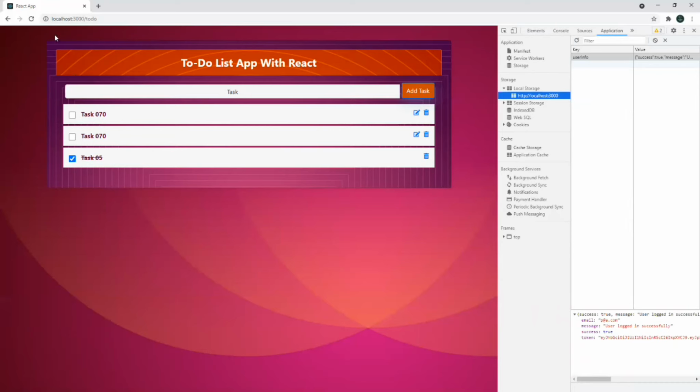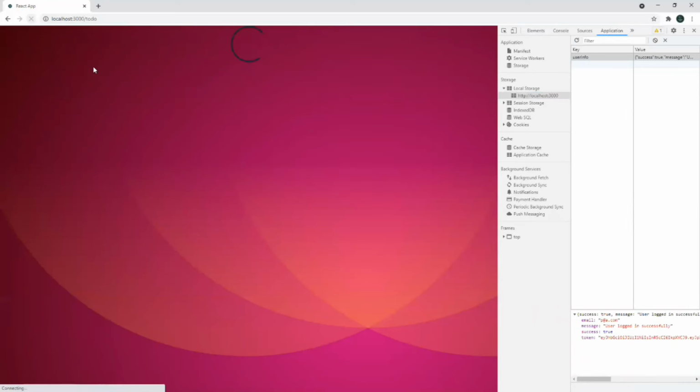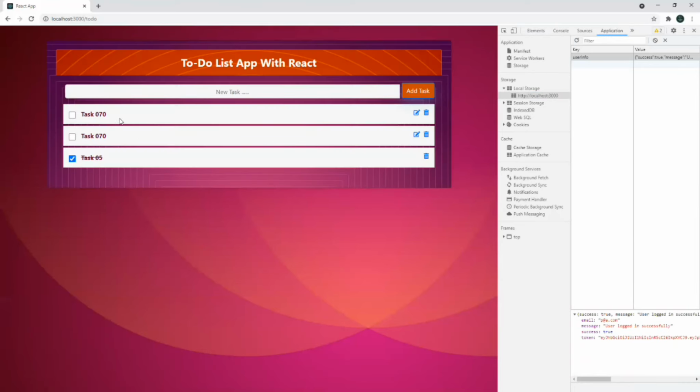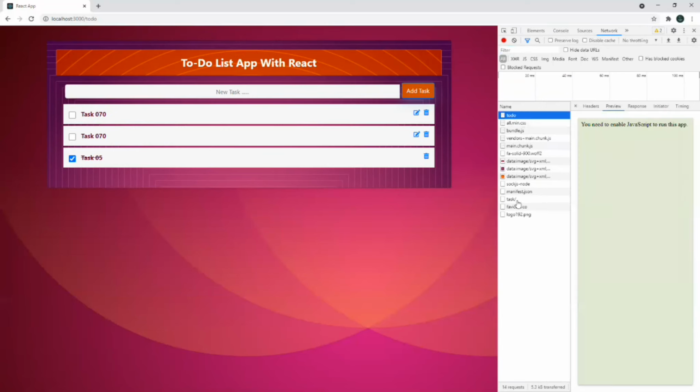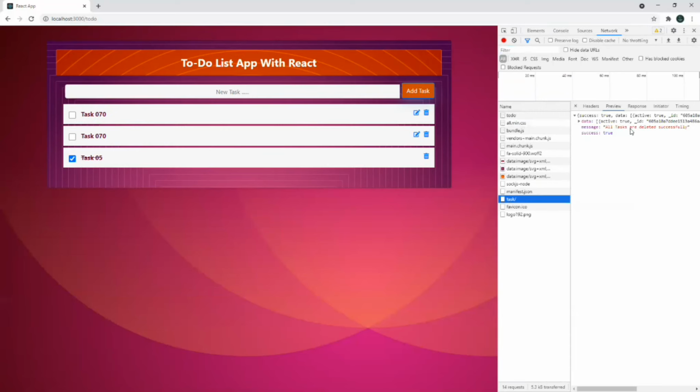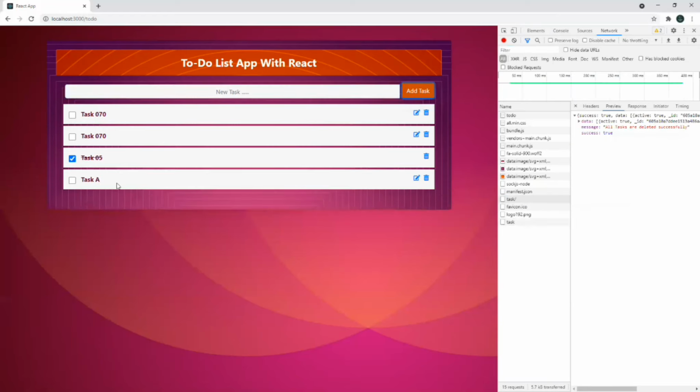Okay. So you can see I have reloaded, that loader is running, and then this data is coming from the backend. So go to the network. See, not that one, this one. Okay, so you can add another one like task A. Let's store.